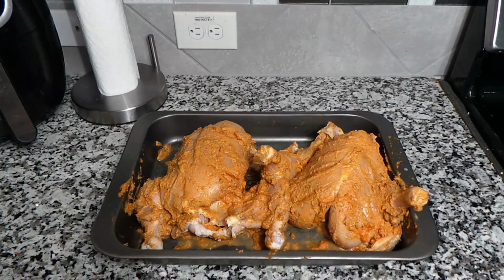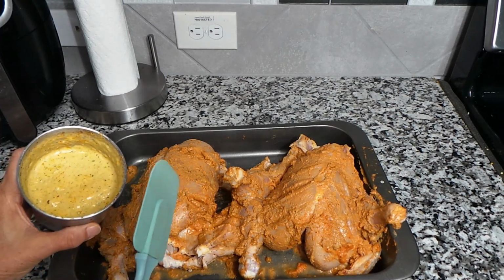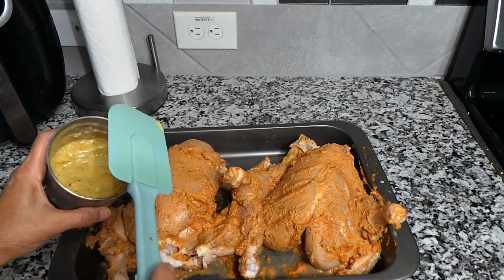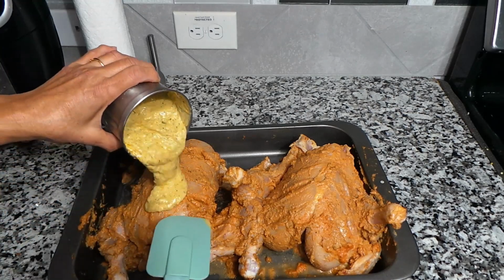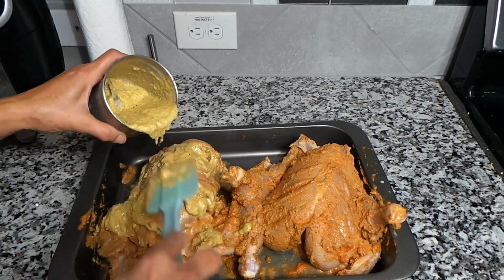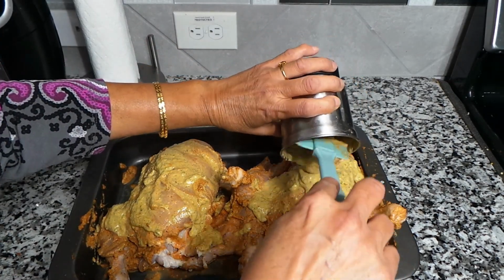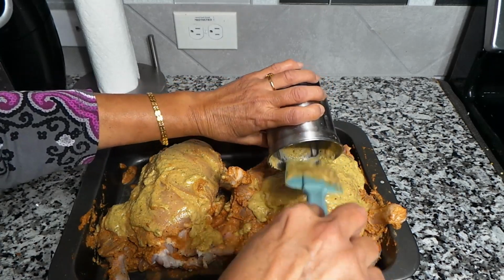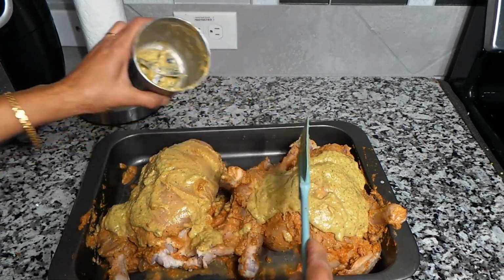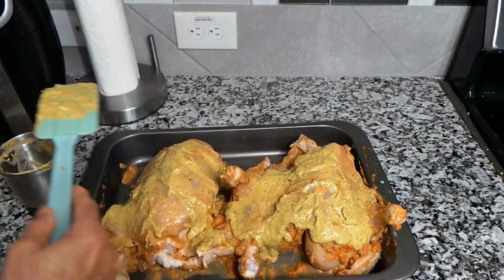Okay, I applied all the masalas in there, and now I have ground some mint and cilantro and some green pepper and a little bit of yogurt because I need to make it a little bit liquidy. So I'm going to pour this over and coat it really well. All these masalas, garlic, ginger, mint, yogurt, smells so good. We're going to let it marinate like that for 2 hours at least, or maybe